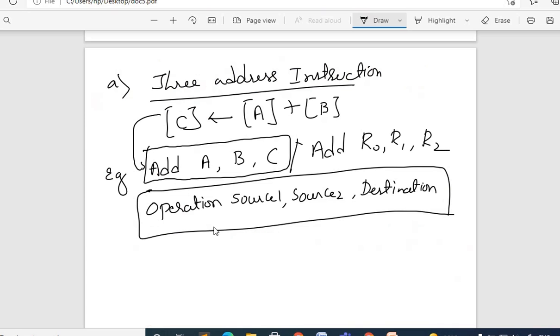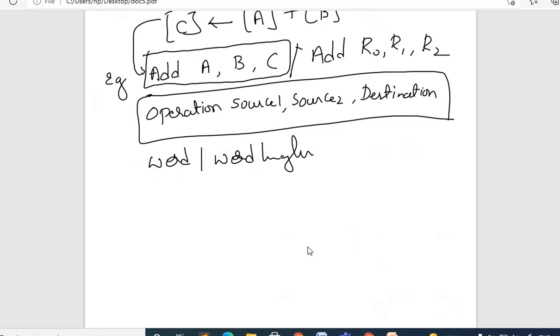Just recall, we used a term called word length. What is a word and what is word length? A word is a group of bytes, depending on the computer system, 16 to 64-bit. If it is a 32-bit computer, the word is of size 32 bits or 4 bytes, and the word length is 32 bits.